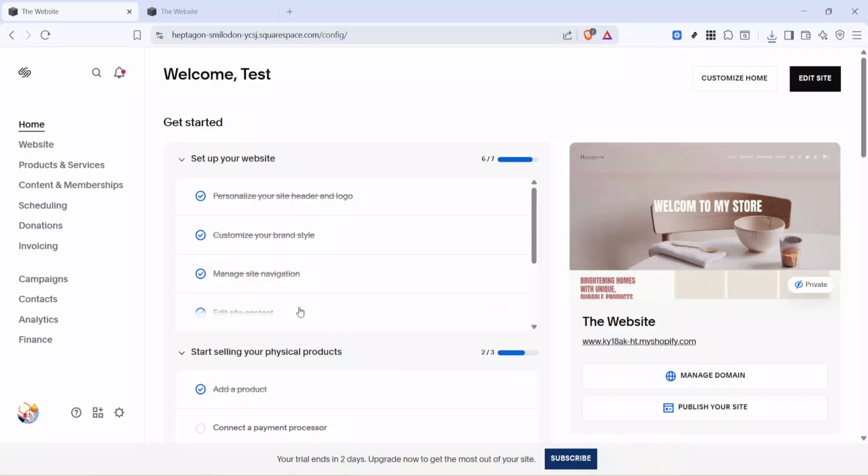In today's video, I'm going to teach you how to add a navigation menu in Squarespace. If you want to make your website easier to browse, adding a page to your main navigation is one of the most important things you can do. This helps visitors quickly find key sections of your site, and Squarespace makes the process very straightforward once you know